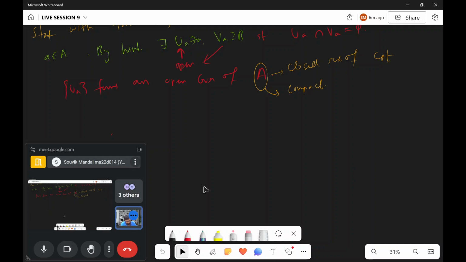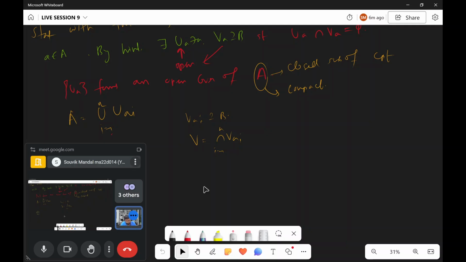So A is contained in the union of UAi, i equals 1 to n. For these Ai, we have VAi all containing B. Now, if we take V to be the intersection of VAi, i equals 1 to n, then